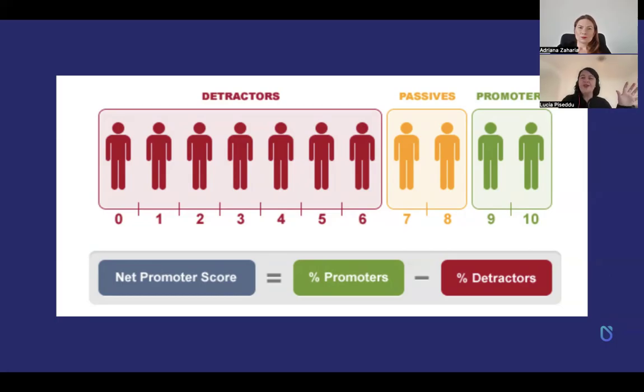Now, in general, I don't know why, but people tend to be always very negative because, as you can see also from this image, there are a lot more detractors, like a lot more people that would not refer you than the ones that actually would refer you, right? I don't know why. I think it's just humans who are like that. We love to, we focus more on the negative side, right? However,